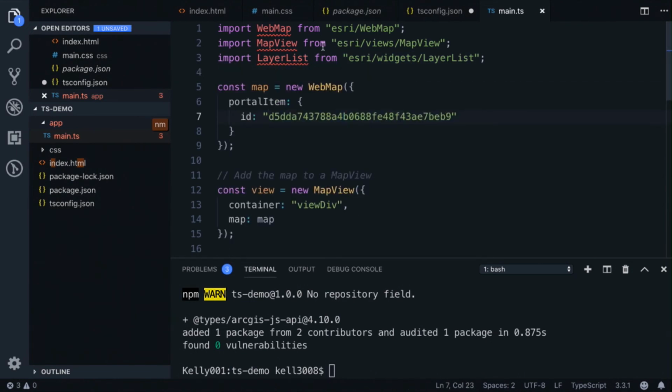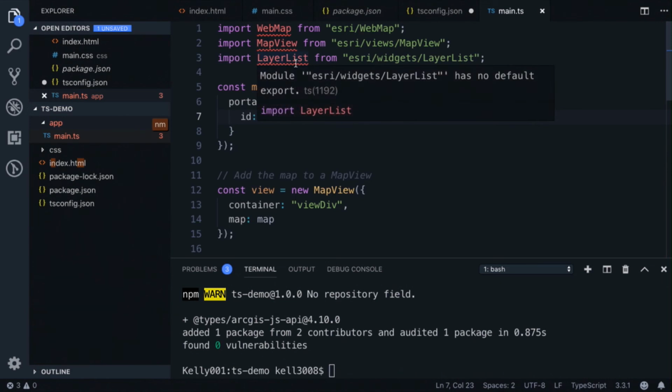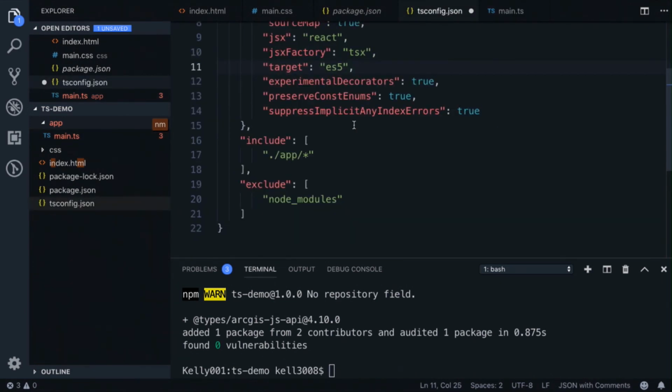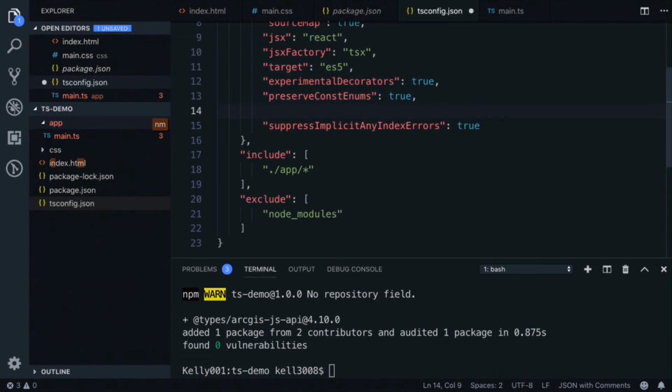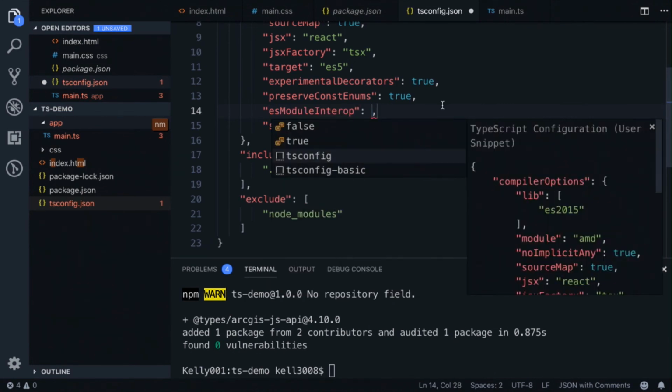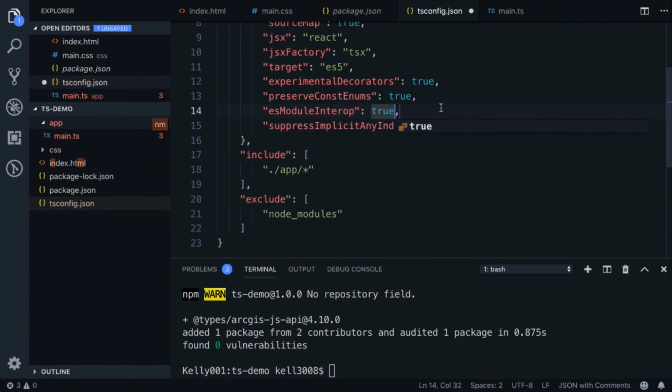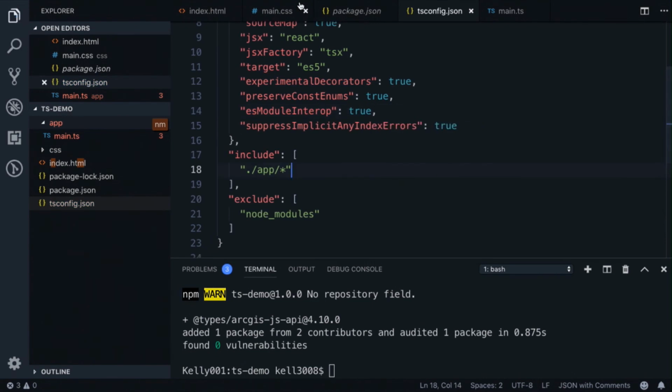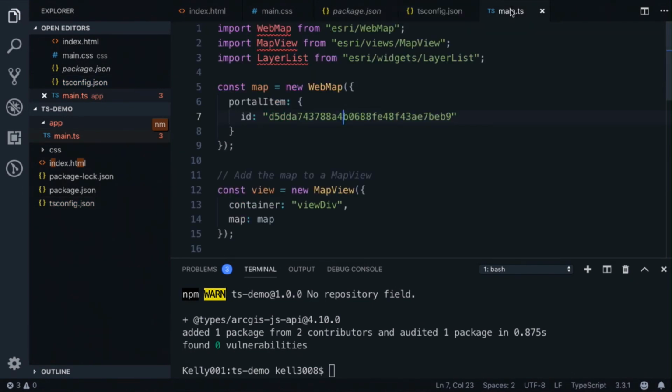Let's see, why are these hollering at me? One thing I need in here, this is back in tsconfig. If I want to use that syntax, import something from something, we need to set this ES module interop to true. Now if I go back to main.ts,